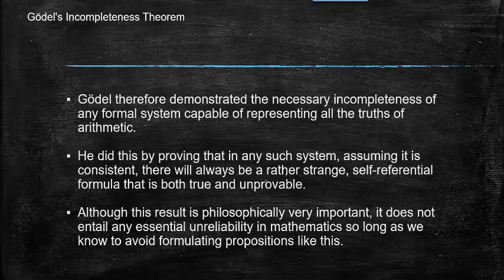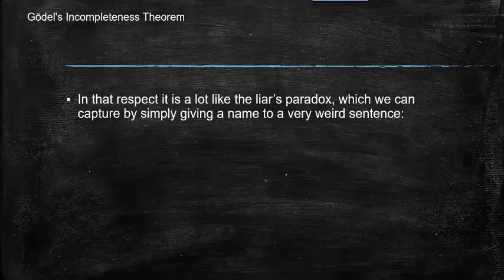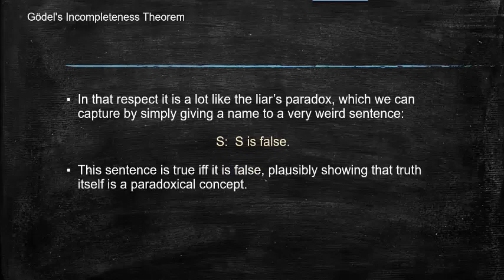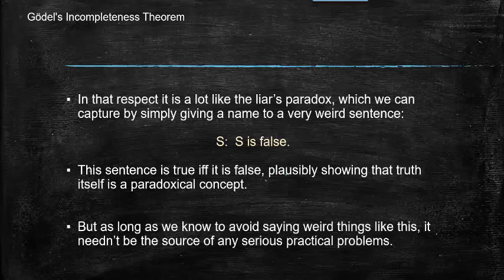In that respect, it is a lot like the liar's paradox, which we can capture by simply giving a name to a very weird sentence. S is false, as we described before. If we call S the statement that S is false, this sentence is true if and only if it is false, plausibly showing that truth itself is a paradoxical concept. But as long as we know to avoid saying weird things like this,